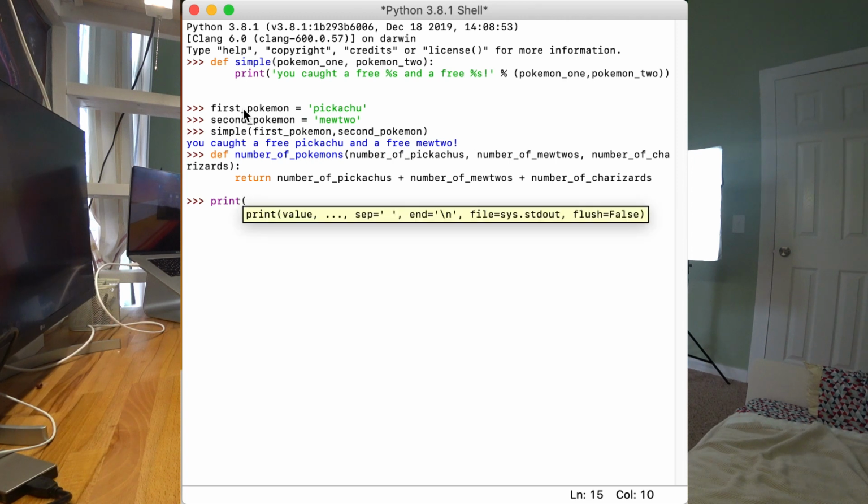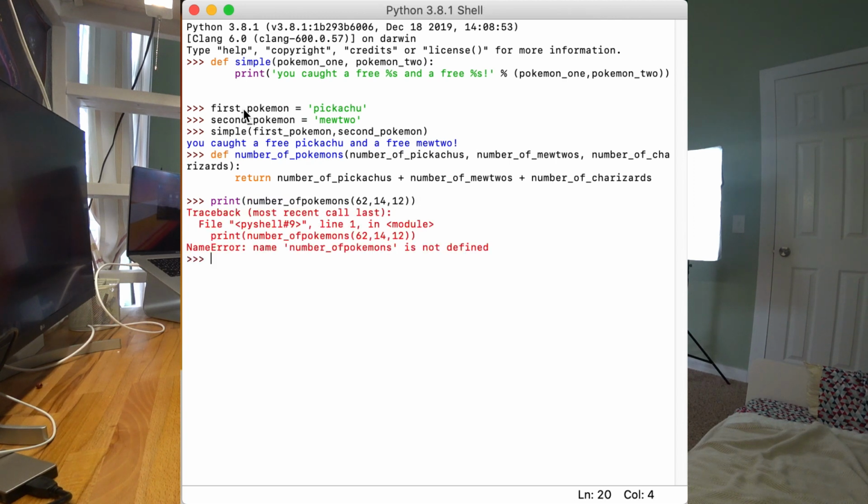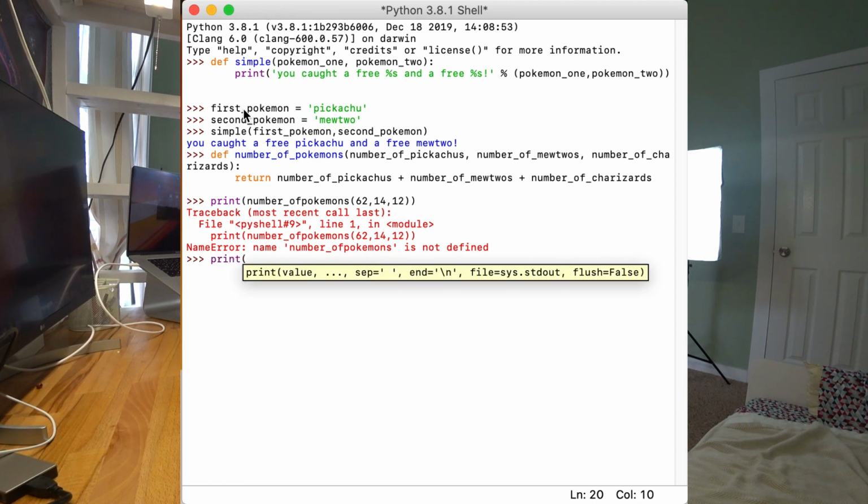print(number_of_pokemons(62, 14, 12)). Oh, sorry about that. I forgot to put